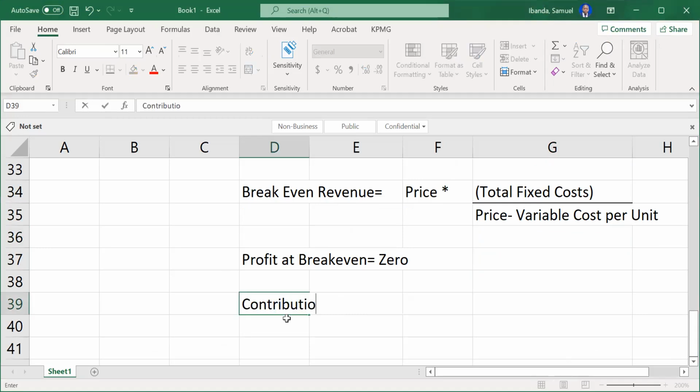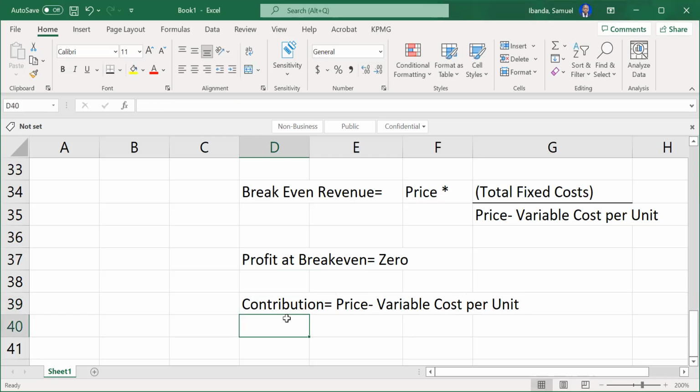And contribution is a term that you'll interface even as you study management decision and control. So contribution is price minus variable cost per unit. That is contribution. If you want to get total contribution,